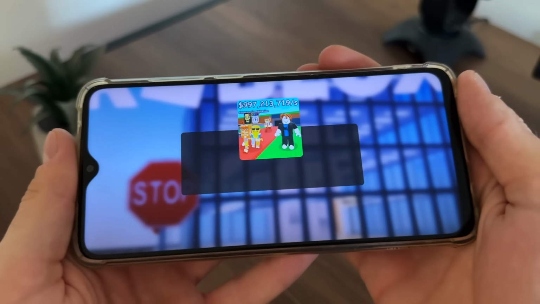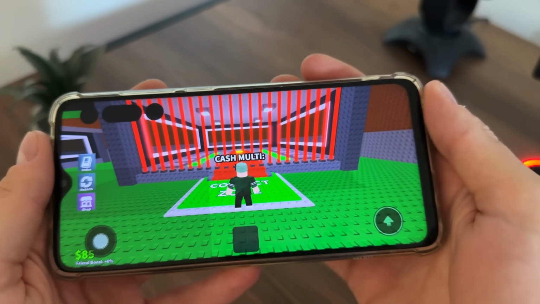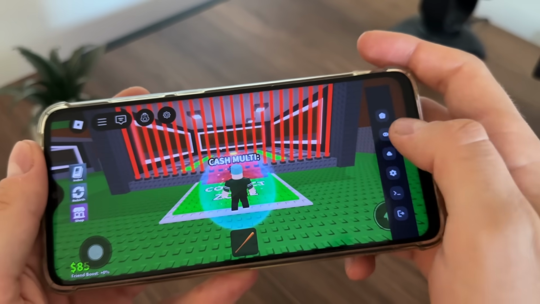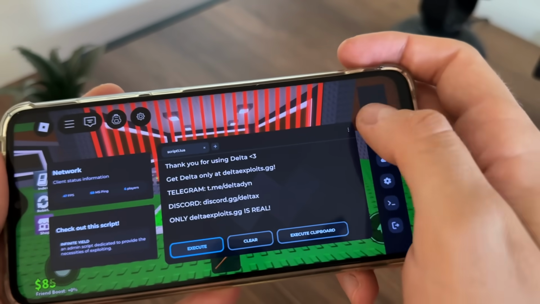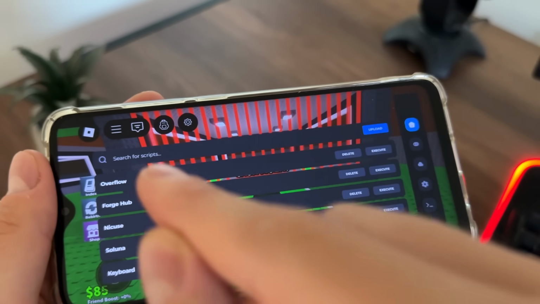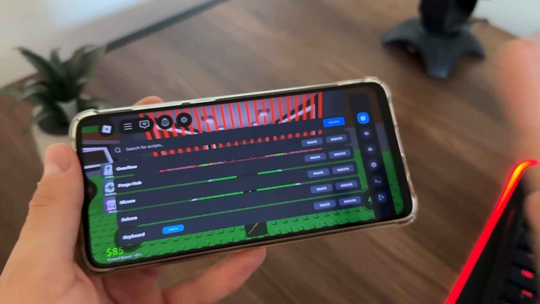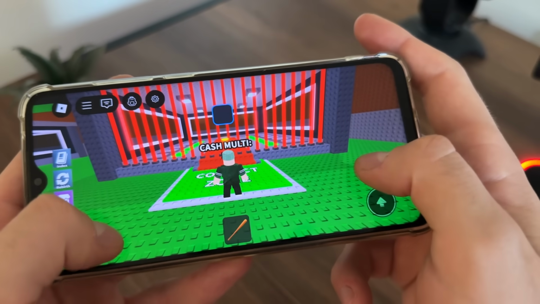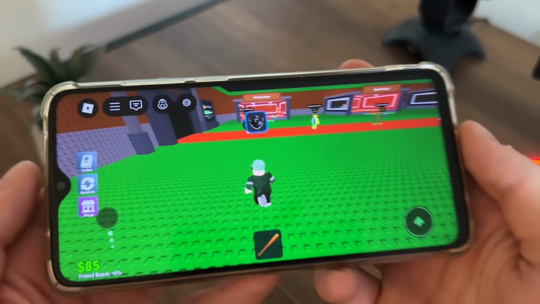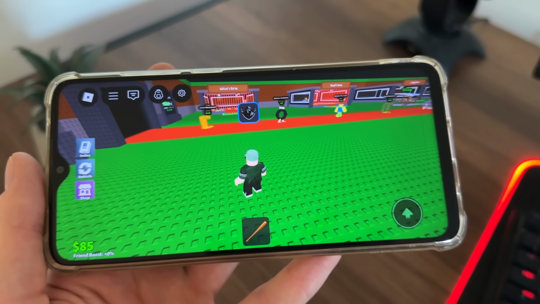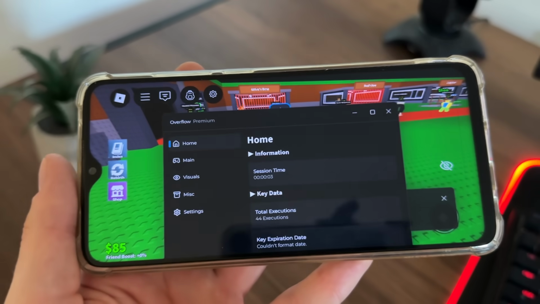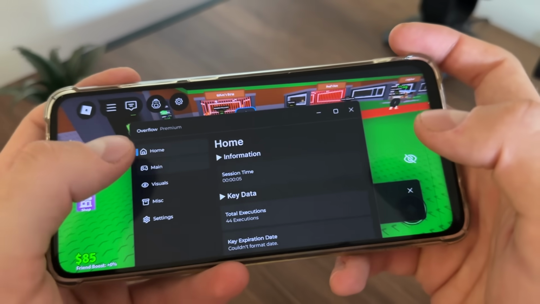We will wait for this loading screen, right? And then we will test, are we actually receiving our Delta along our four scripts. So there we go, guys, we got our Delta executor. Nice, and then there we go, Overflow, Forge Hub, Nikius and Soluna, guys, scripts as we selected. So let's click first on Overflow and we will test how does it work and does it actually work. So let's see, and let's wait a little bit so it loads up, and there we go, guys, we got